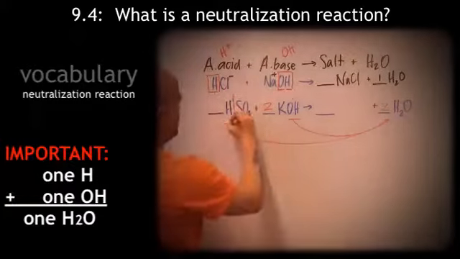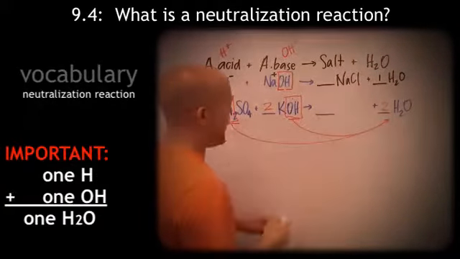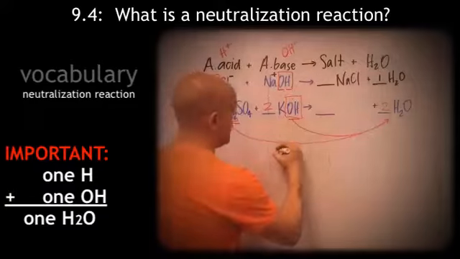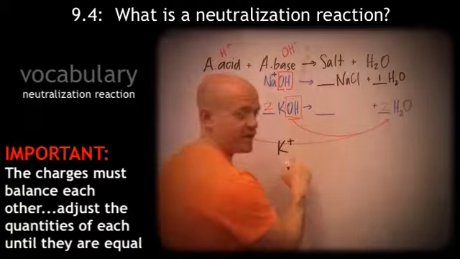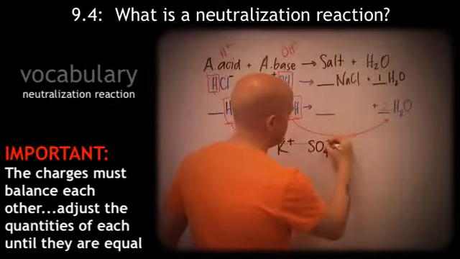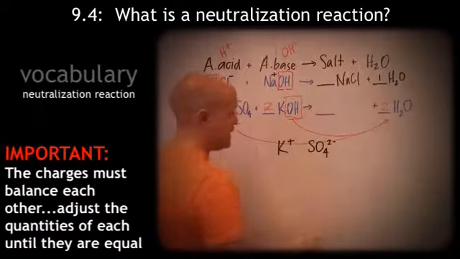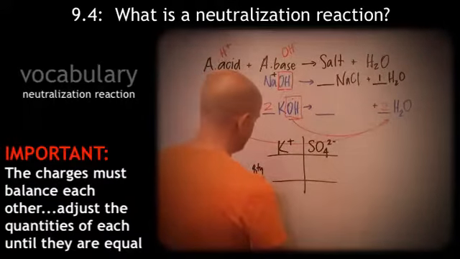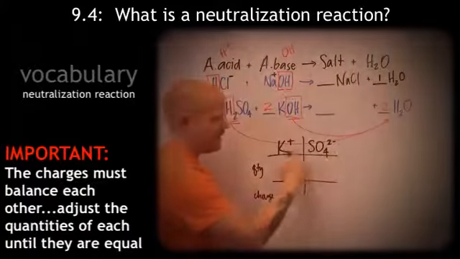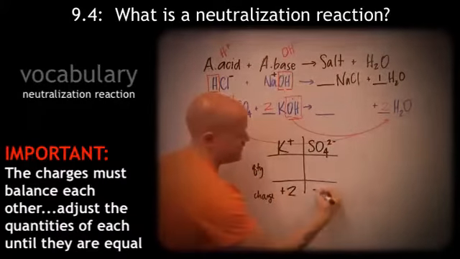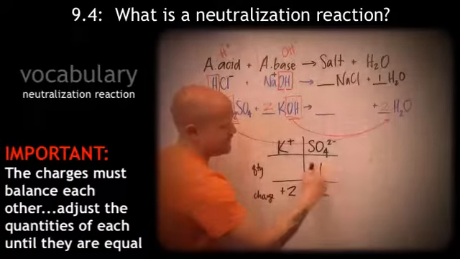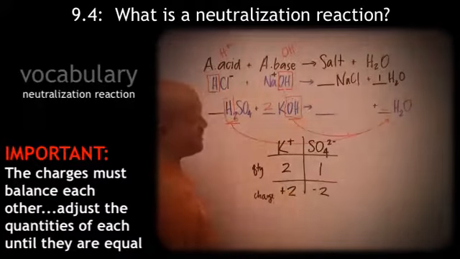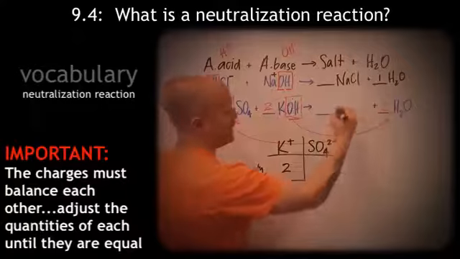Now what's left over? Let's get rid of our H's and our OH's. We have potassium, K, sulfate, SO4, sulfate, table E. So we're going to have potassium, which is a plus charge. We're going to have sulfate, which is a -2 charge, and I got that from table E. Now, remember how I told you to do this? This is the quantity, this is the charge. +1, -2. They both have to be equal to 2. Now 2 times 1 is 2. 1 times 2 is 2. So when I'm going to write my formula, it's going to be K2SO4 with a 1,